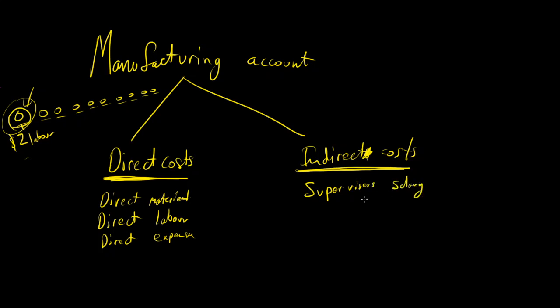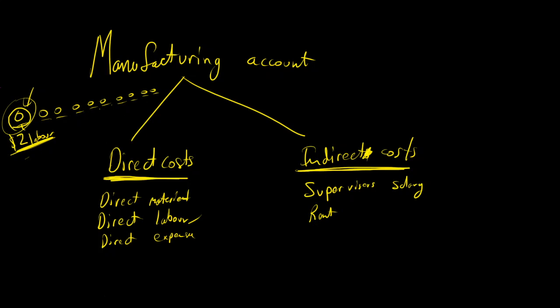Now the supervisor just looks around the factory floor. He's not directly involved in the production. He's not producing it, and his salary is not linked directly with each of my units produced. Each unit produced doesn't have a link with the supervisor. Direct labor has it: the ones who are producing, the ones who are packing, the ones I'm paying per piece, the direct labor. So the supervisor, and rent, cannot be linked directly